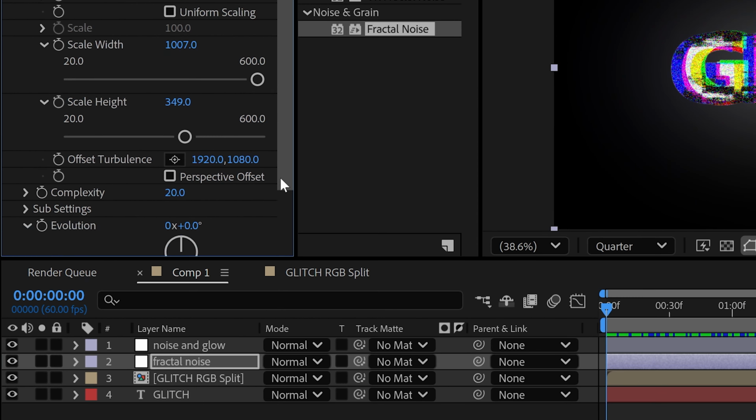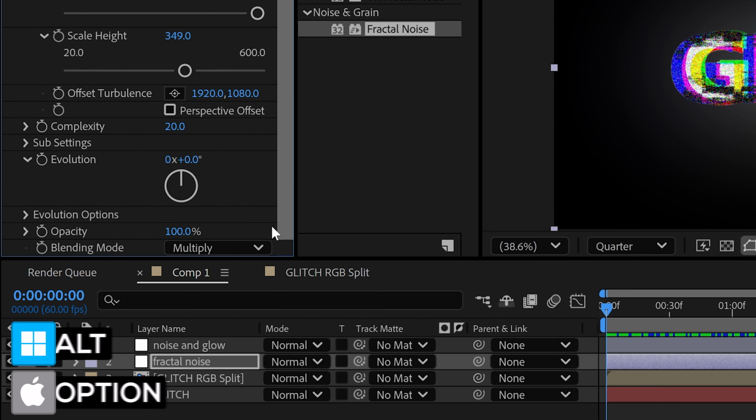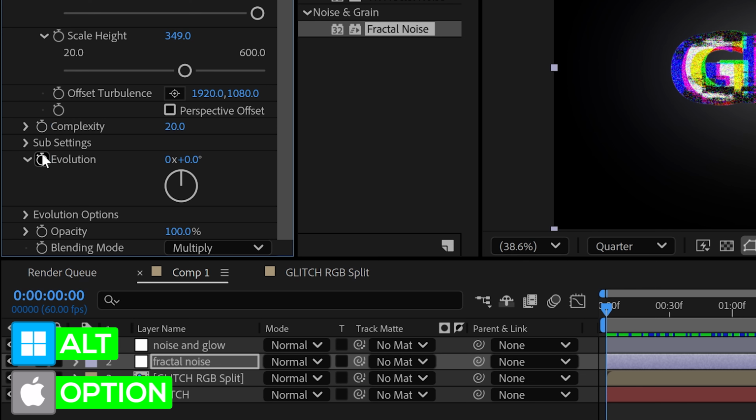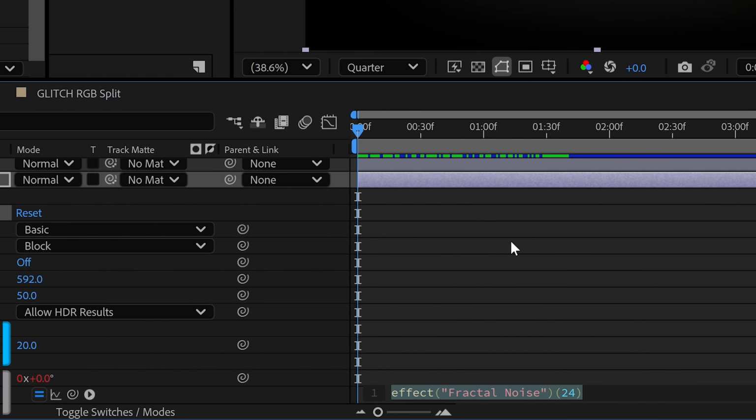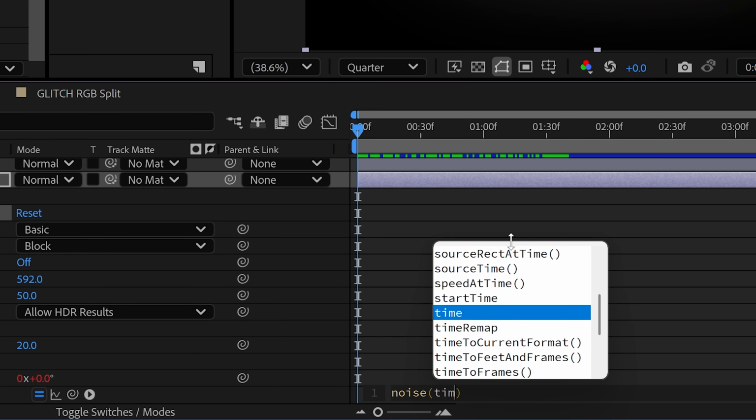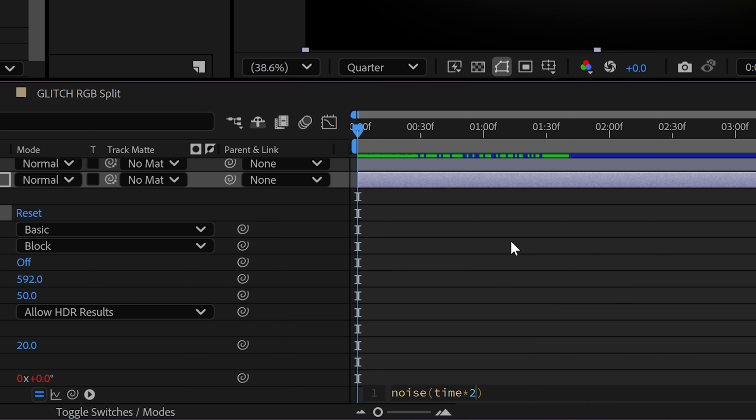So in order to animate this, you have to hold the Alt or Option key and left click on the stopwatch, and we're going to type an expression which will start with noise bracket time times 2, and then go out the bracket and times 5000. So basically, this expression means the current time will be times